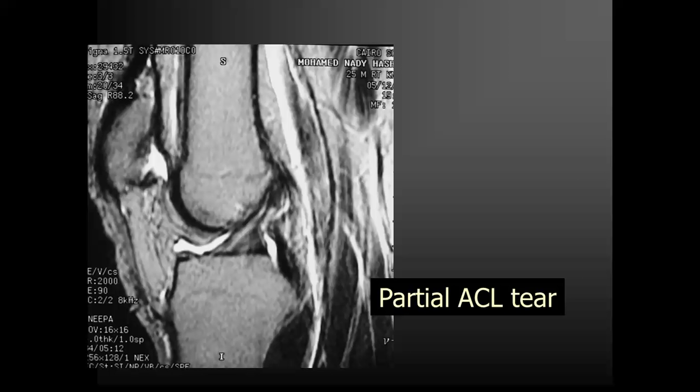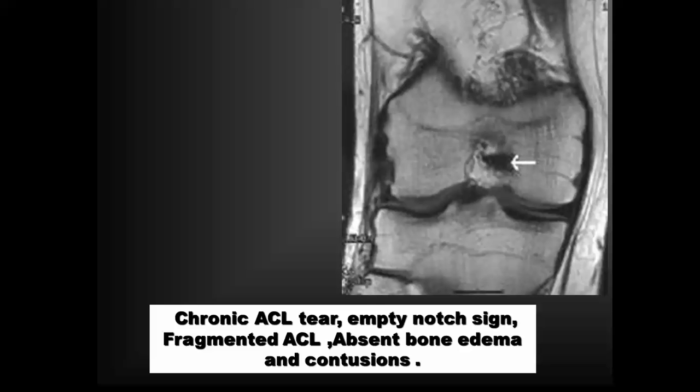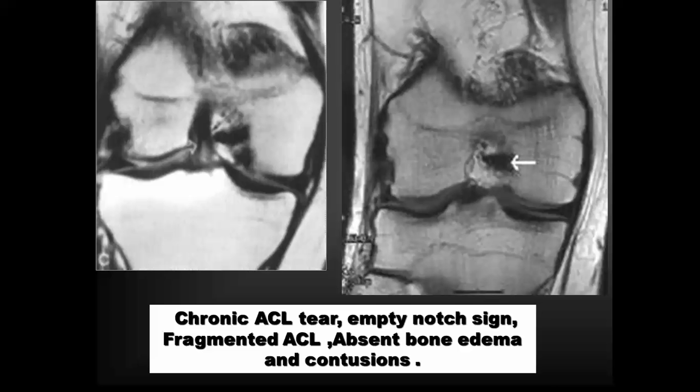Here there is partial ACL tear. There is single bundle sign with edema around. Chronic ACL tear: we have empty notch sign, fragmented. This is the one. This is a normal. This is the normal. You don't have it here. Absent bone edema. Fragmented ACL